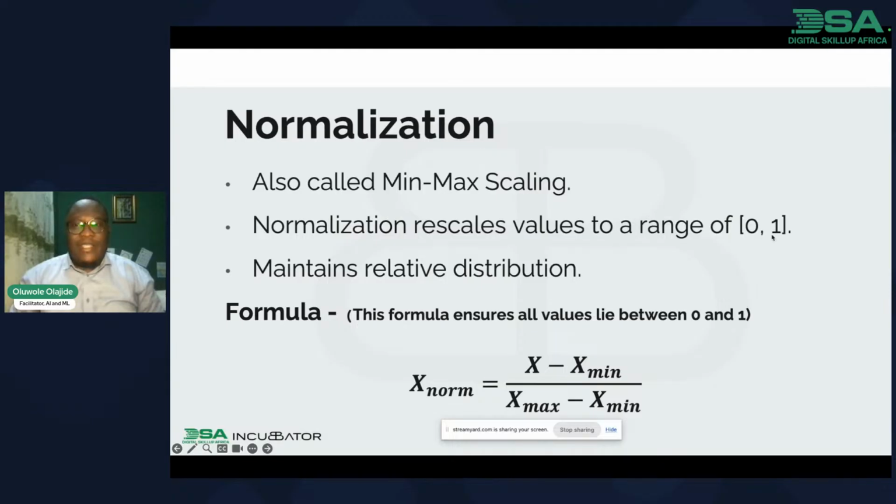There's no complicated way to calculate it. It will never go below 0 and never go higher than 1, because you have followed the formula. The formula says go and pick